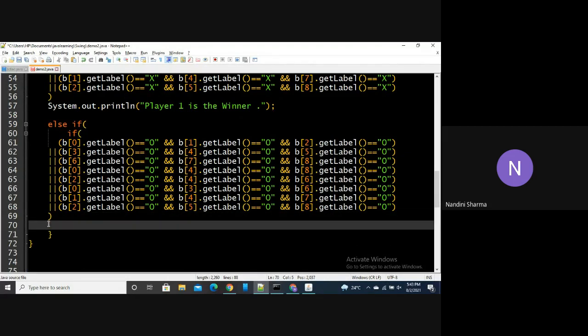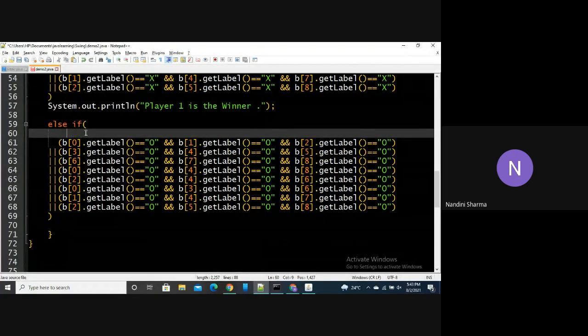This is our else if condition, and this if statement is also copied. We'll remove it.